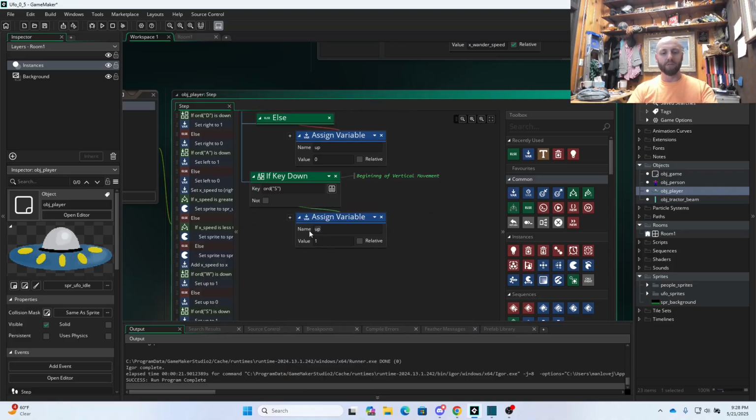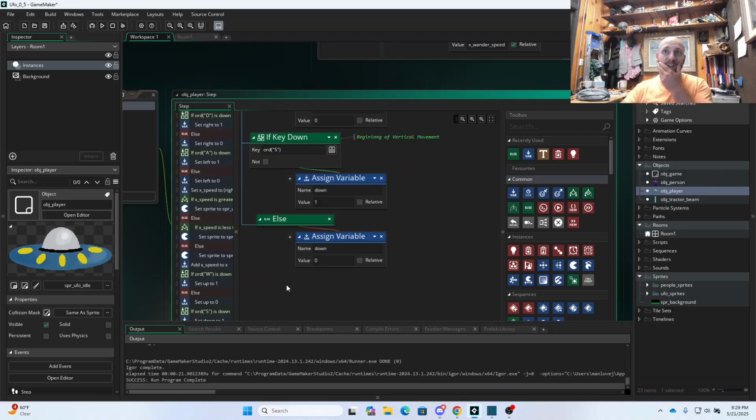And that's going to get a variable that we're going to call down. And then we're going to add an else to that. We're going to copy this guy. We're going to paste it. We're going to set our down variable to 0. And then we're going to go ahead